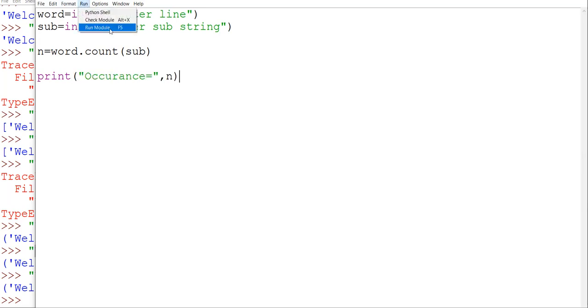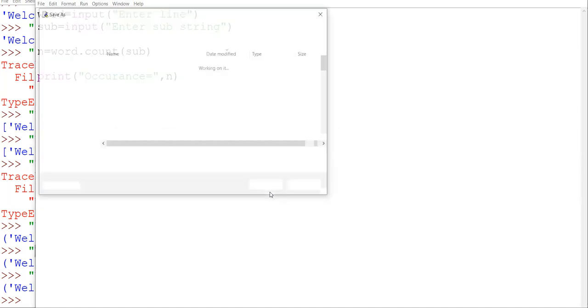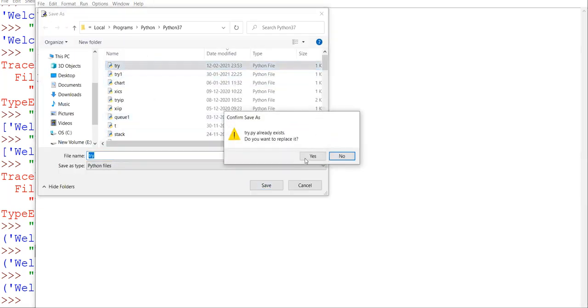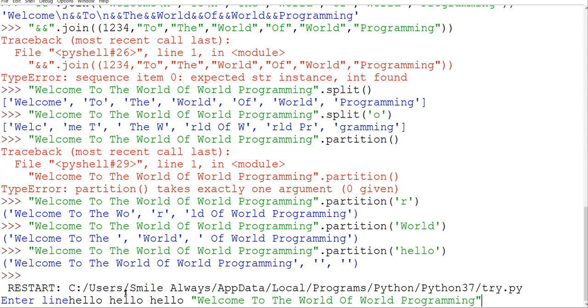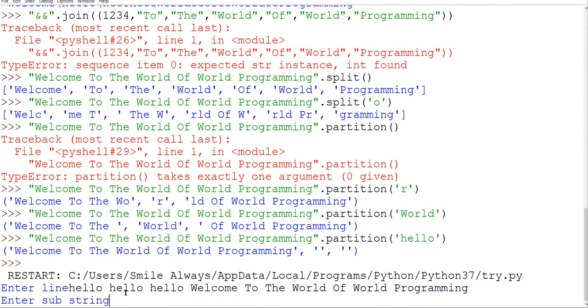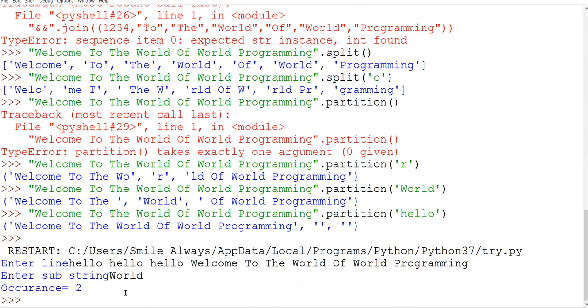If I run this, enter line, suppose this is my line, enter substring, I wanted to check for WORLD world. So occurrence it is giving as 2, because when we use the function directly, it will give me the answer in the proper manner.